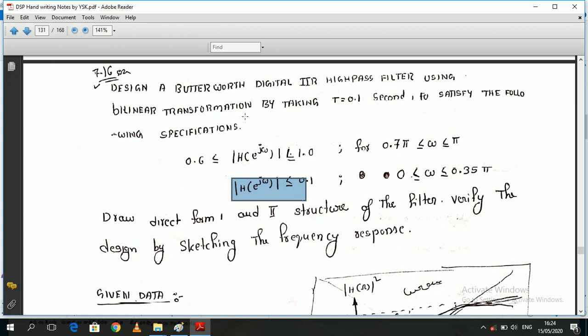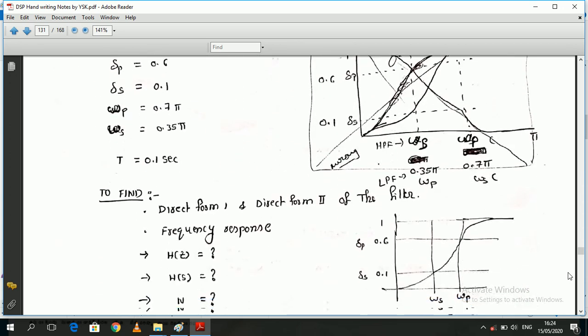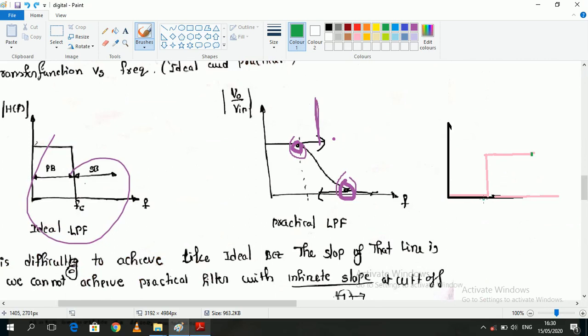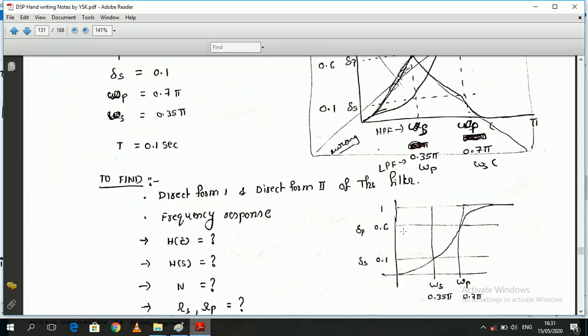In this frequency range we get a magnitude like this. If you draw the graph by giving these values, you know very well how it will look like a high pass filter. That means it allows high frequency only. This is the high frequency, low frequency will be blocked, right? But in the ideal case, a high pass filter allows only high frequency and blocks or attenuates the low frequency. But this is the ideal characteristic, and you know very well this is called the pass band frequency, this is the stop band frequency, and you know very well what the stop band edge frequency and pass band edge frequency are. Practically we are getting a high pass filter graph like this.